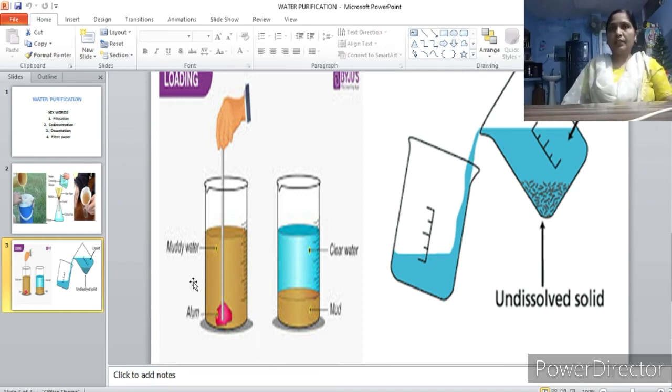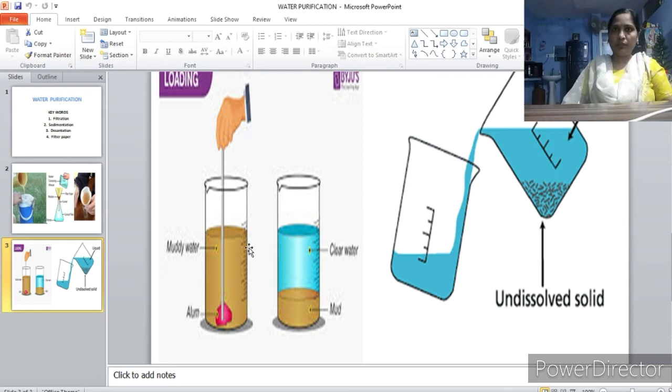When they collect the water from a well or tube well, and if it has any dust particles, mud or dry leaves, they will allow that water to settle down for some time, and then all the mud particles and the dry leaves will settle at the bottom of the pot, and the clear water comes up. So allowing the mud particles, dry leaves or dust particles to settle is known as sedimentation. Settling down is known as sedimentation.